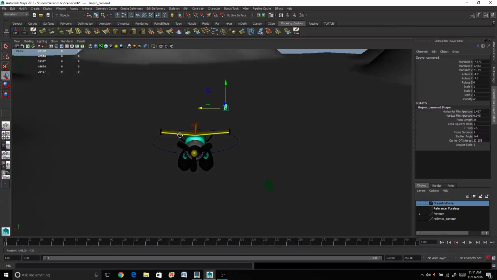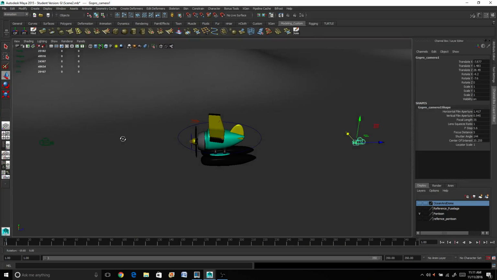Okay, so I want to be able to control these cameras based off of a pivot point that will be at the center here. To do that, I'm going to put a group on each one of these cameras. That way I can rotate these cameras based off their current location and pivot off the airplane's moving location. So